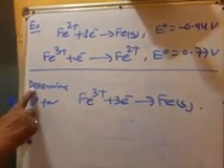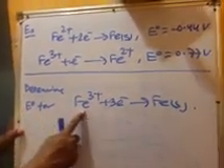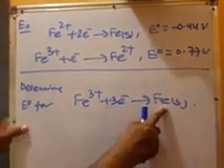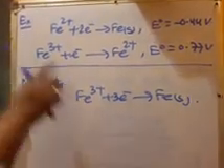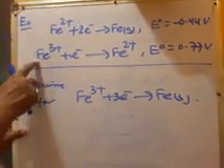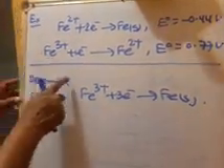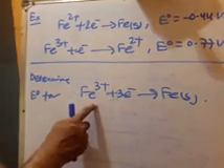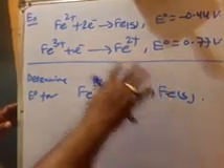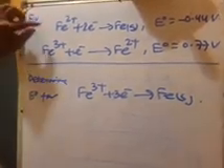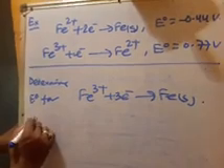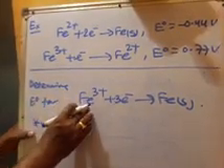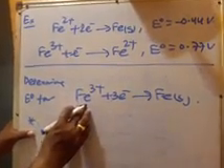Now determine E° for Fe3+ + 3e− gives Fe. You see, this is a third equation. These two are the first and second equations. By combining these two equations you can get this. It is not the overall cell reaction, but again a half cell reaction, which can be obtained by adding the first and second equations. Now E°cell for this reaction can be calculated as follows.